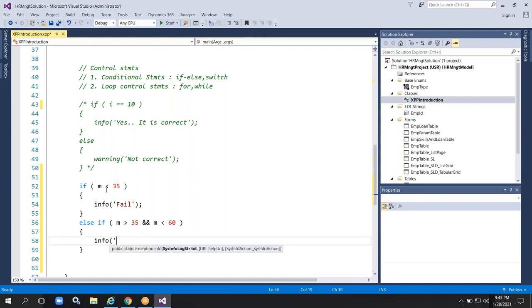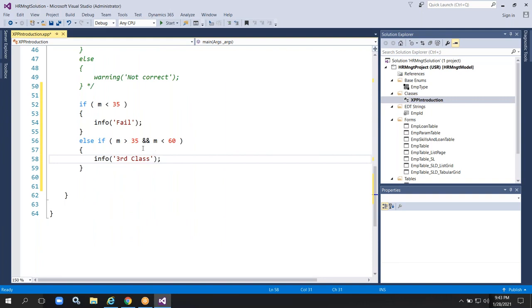So that is like third class. If the marks fall in between 35 to 60, 35 to 59, above 35 I mean, if the marks are 36 to 59, it is third class. In the else case,